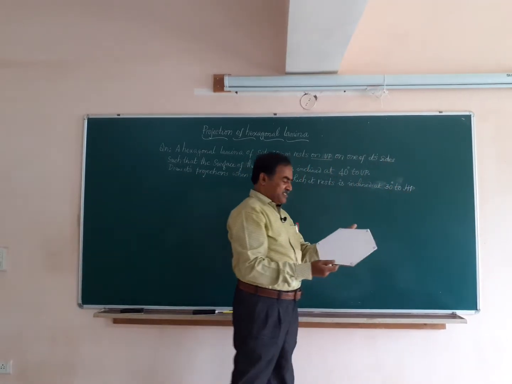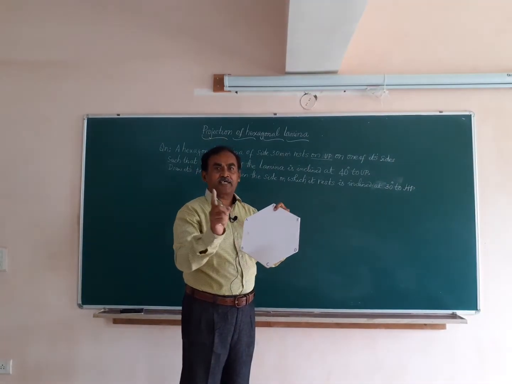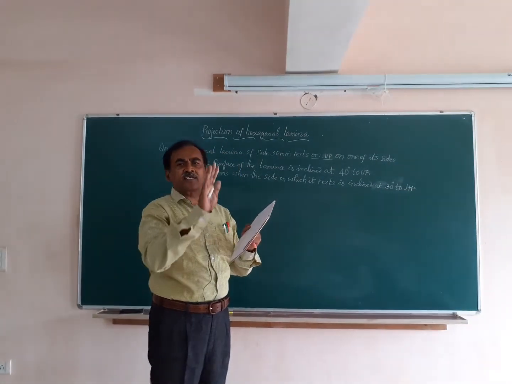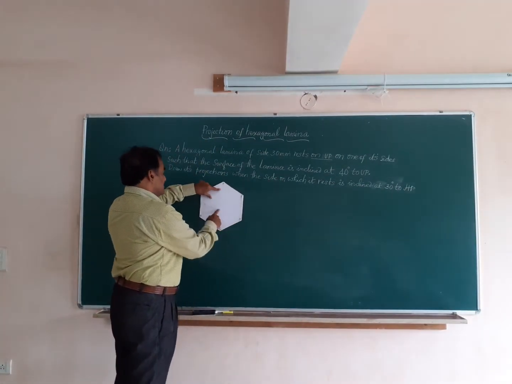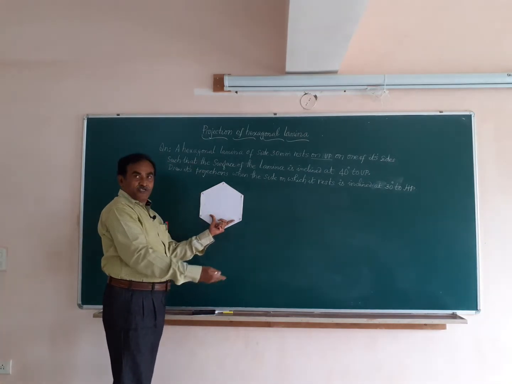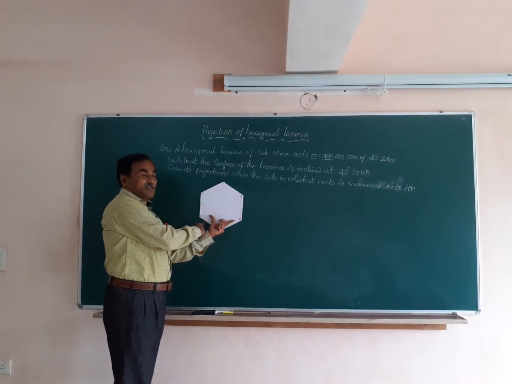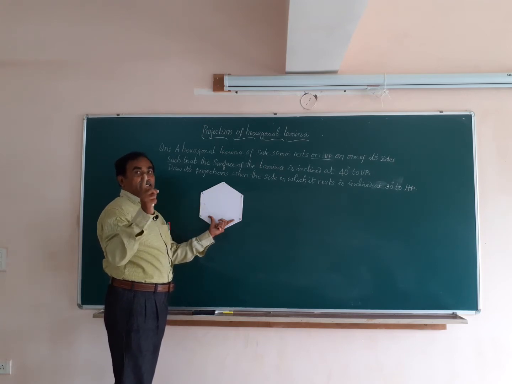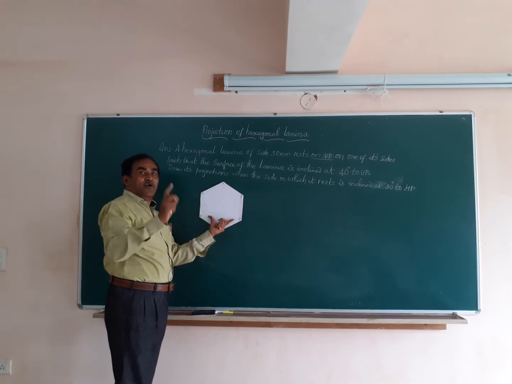So friends, this is a hexagonal lamina A, B, C, D, E, F having each side measuring 30 mm. And this is resting on the wall. Friends, whenever they say it is resting on the wall, you assume this lamina is pasted on the wall such that one of the sides of the lamina is normal to HP, the floor, and it comes to the left side of the observer. So friends, when you see in the front view, you get a regular hexagon above the XY line, and in the top view, you will get a horizontal line on XY.